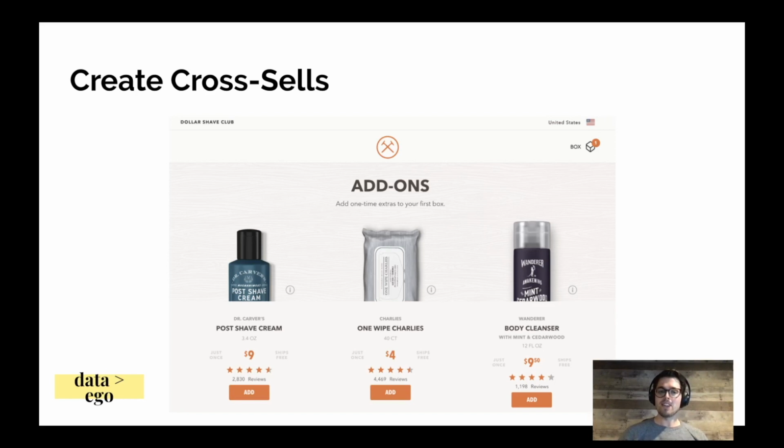When you're using a razor, you're going to need other things like post-shave cream, maybe a body cleanser, maybe some,